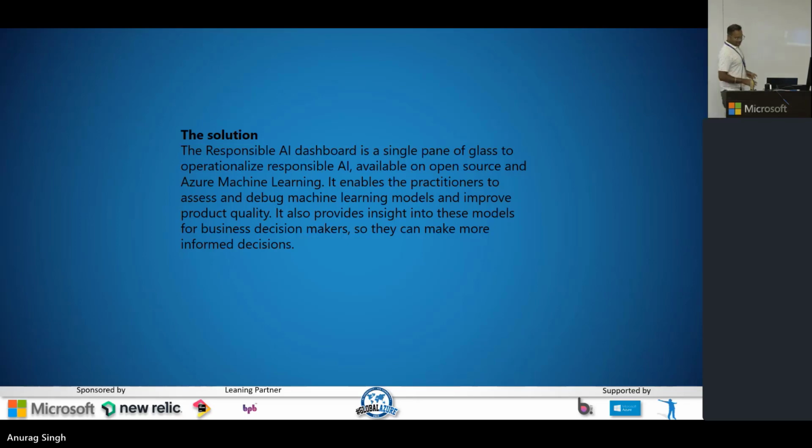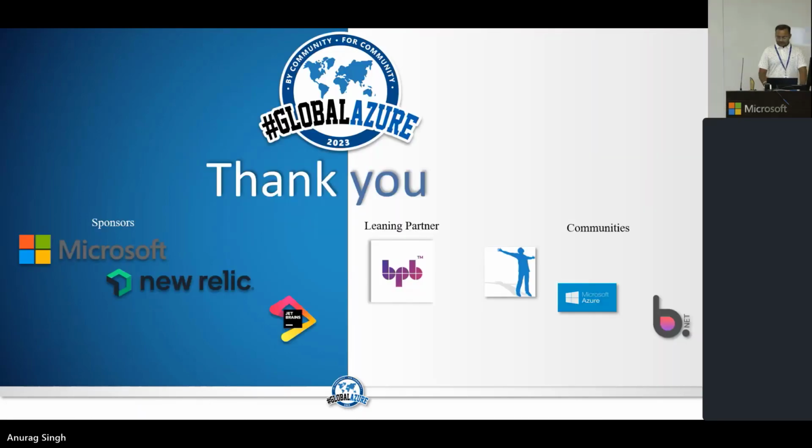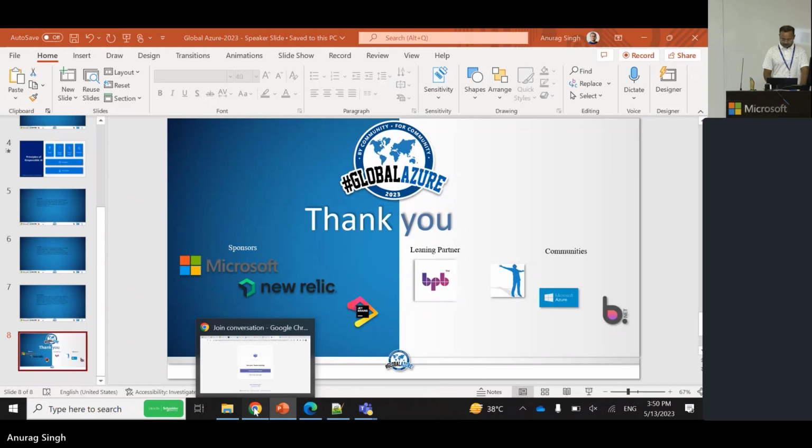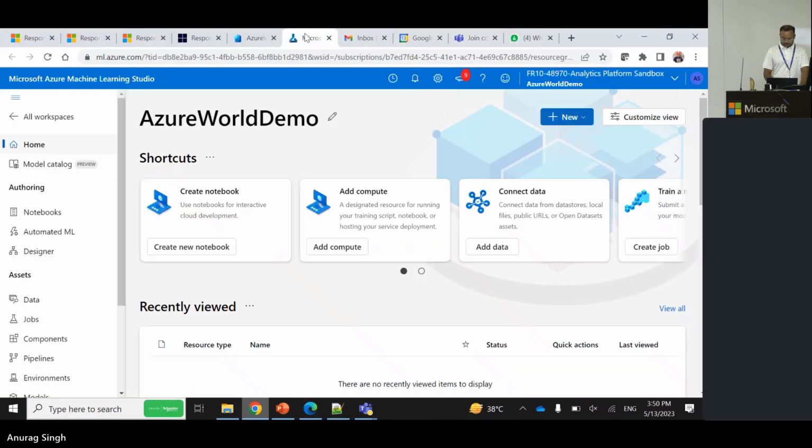So this was just the theoretical aspect of things. I would quickly show you how this happens in the Azure portal. I assume everybody is aware of how to create an Azure Machine Learning workspace within your Azure portal. Say that once you have an Azure Machine Learning workspace,